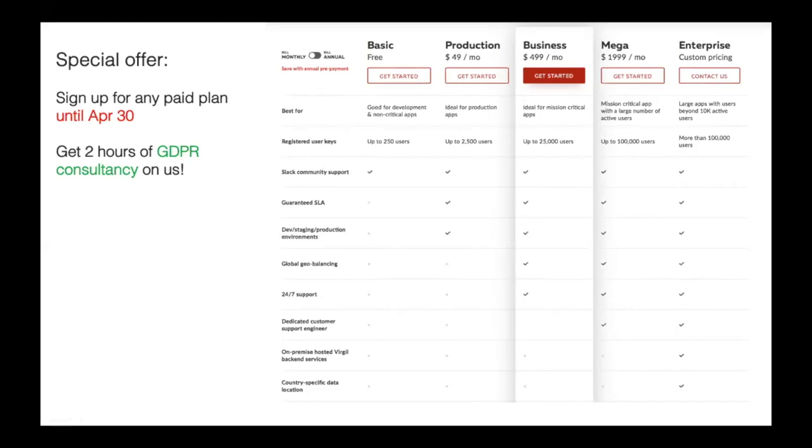And so, tied directly to this conversation, even if you feel like you don't need to comply for whatever reason, you don't have EU users, yada yada yada, other questions that I'll talk about in a sec, end-to-end encryption and other privacy mechanisms are really becoming a feature that differentiate apps.